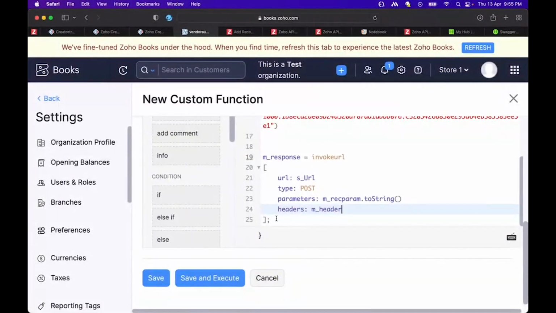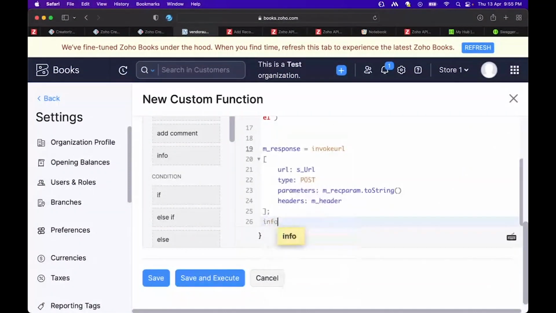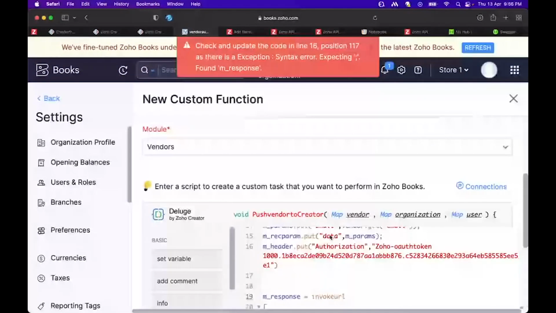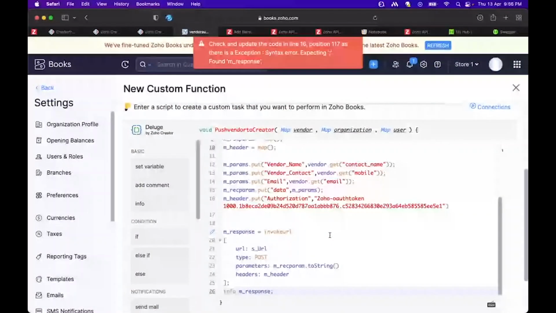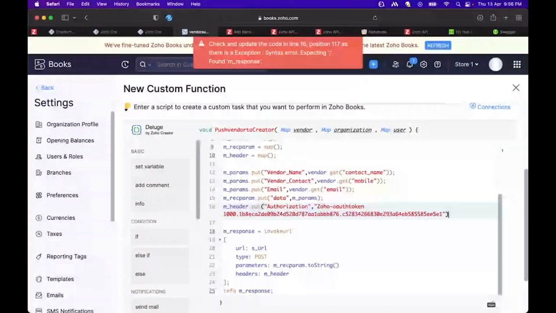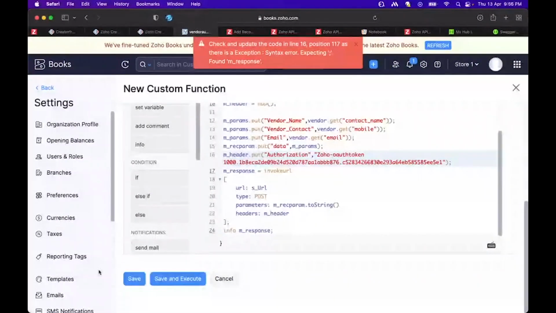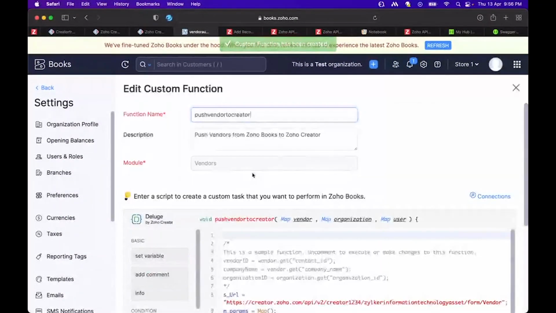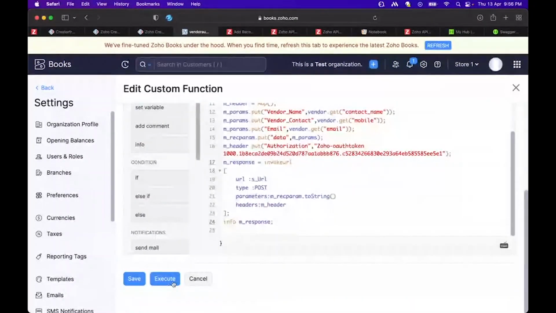So we'll also info the response, m_response. Let's save this. We'll have to end with a semicolon. Now let's save and execute this. So once you execute this function,